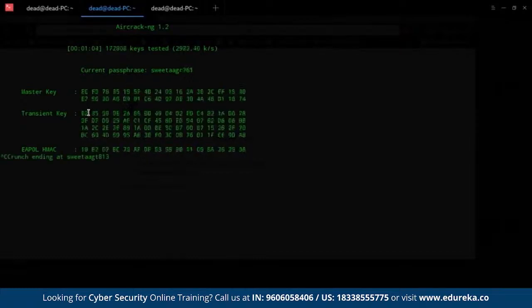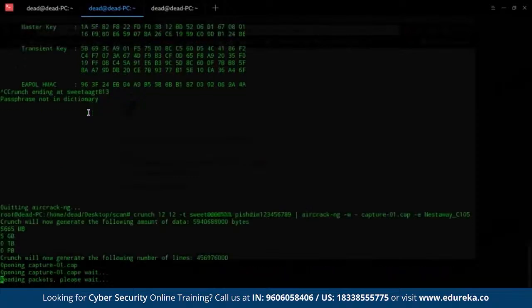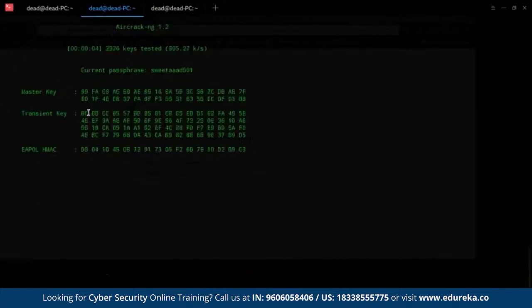So what I'm going to do is I'm actually going to end this because this will take a very long time. And what we're going to do is we're going to actually try and shorten the command, the amount of guessing that we're trying to do. So let me just try and do that. As you guys can see out here, I have reduced the number of alphabets that might be actually tested. But even in this case, this will take a humongous amount of time. And let me just show that to you.